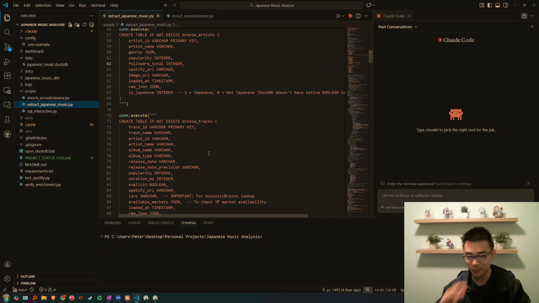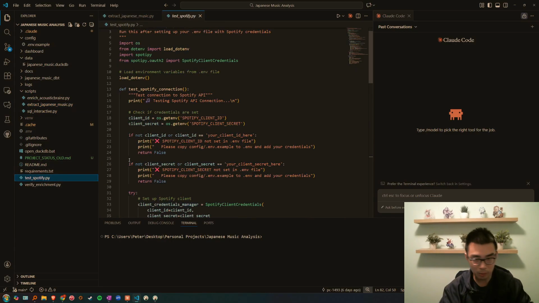Now, I want to talk about something interesting here, which is it's actually kind of hard to filter for Japanese music. If you filter for just J-pop or J-rock anime, you don't actually get that much for some reason. Probably because the API can only call so many at once, so you have to continuously loop through and do pagination, which I didn't want to do. So what I did was I actually searched up playlists, and then from the playlist, just looking at metadata of the playlist, like is it anime related, J-pop related, or even just the title itself, and then take a look at the playlist and extract Japanese songs that way, which I found was pretty interesting.